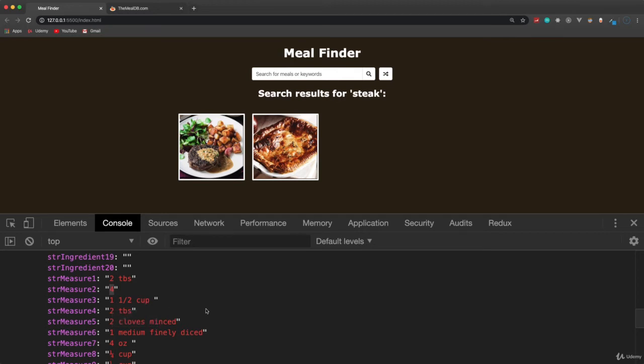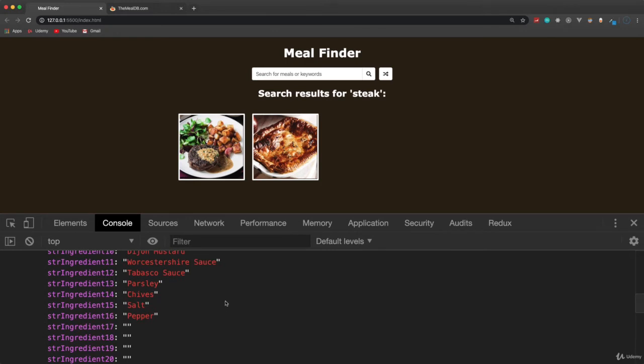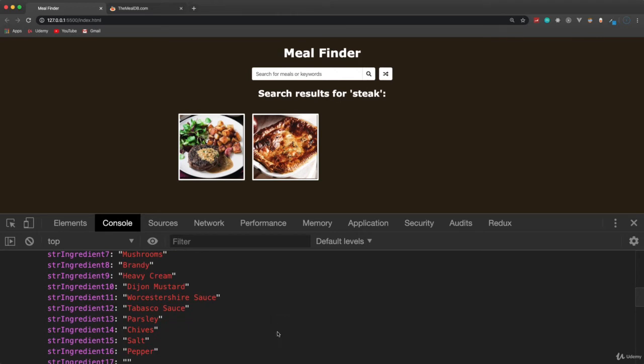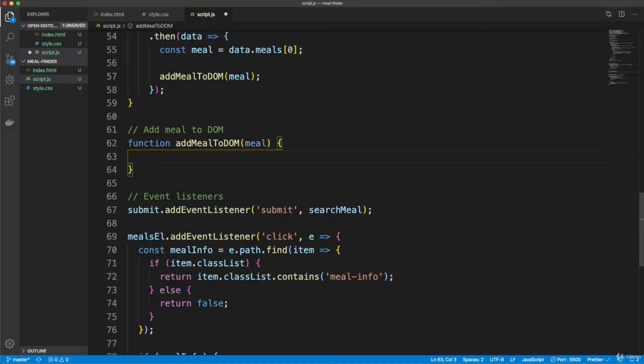So we have to do a little bit of magic in our JavaScript to get this formatted the way we want. It would be much better if they just returned an array of the amount or the measure and then the ingredient. So basically that's what we want to create, an array with the measurement and the ingredient from this absolute chaos. I don't know why they did that. I'm sure there's a good reason, but it just makes it harder for us to work with. So let's create an array here